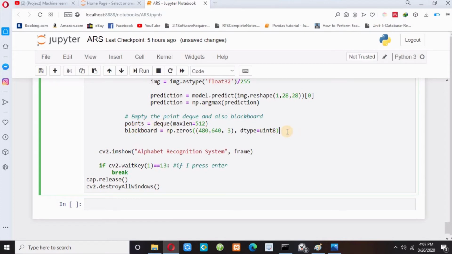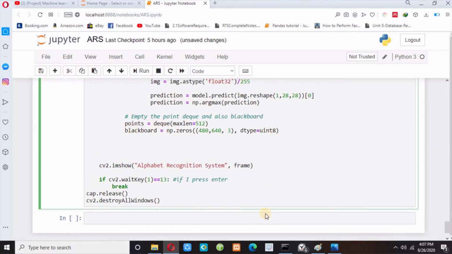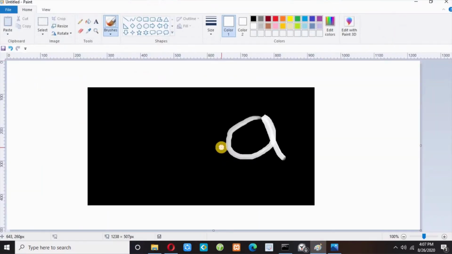Now guys, you can see over here, to draw, suppose, a B, it will detect my points only. So let me do it.